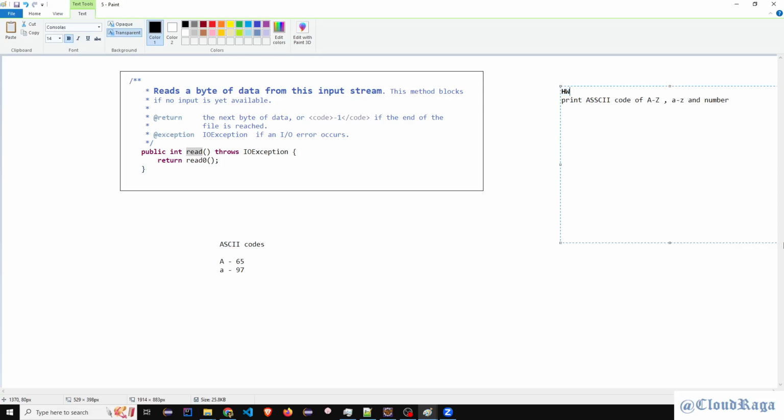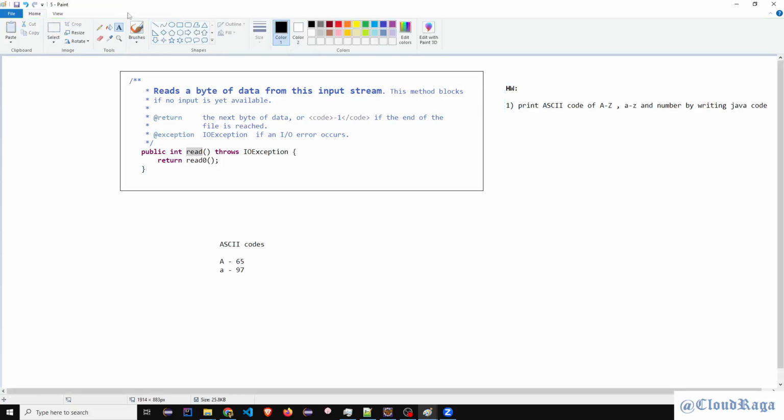By using Java code. It's totally up to you whether you want to use a loop or something else. That's your homework, so try to do this one later.